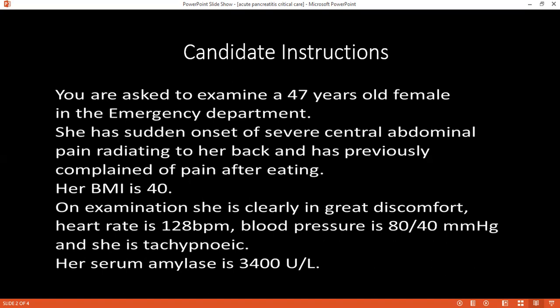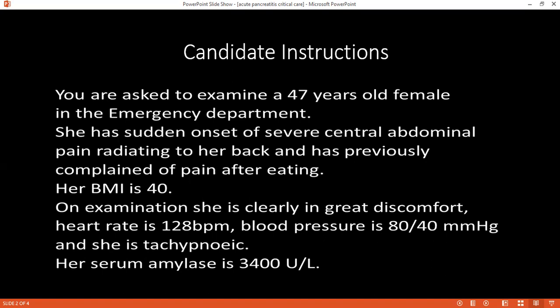Can you please tell me how would you confirm your diagnosis? To confirm my diagnosis, I'll first check the pancreatic enzymes, serum amylase and serum lipase. The patient has raised serum amylase. There may be your suspicion. Can you name any criteria that can help you establish your diagnosis? Yes, ma'am. There are several criteria like Glasgow criteria and Ranson's criteria.